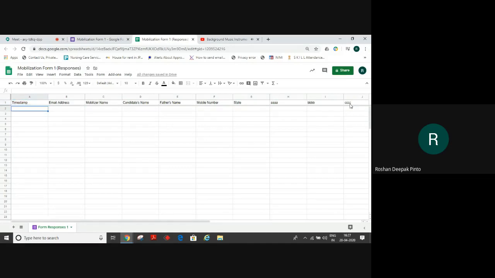The timestamp actually we did not put, but Google Sheets collect the time along with the seconds also when someone submits a response. We will try to submit some responses and see how our response sheet looks like.